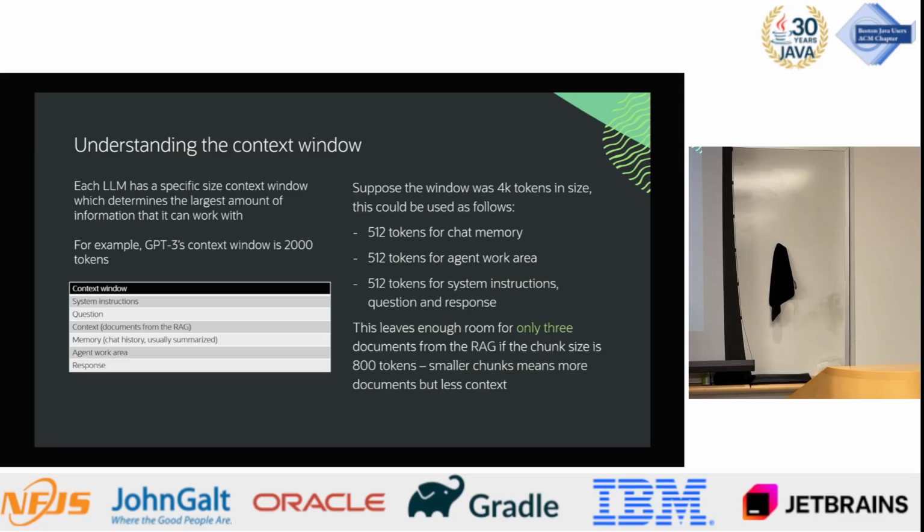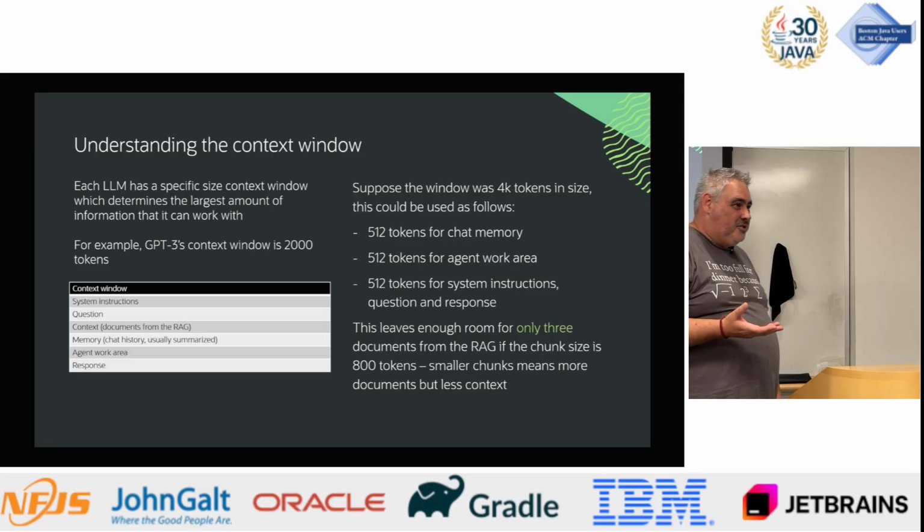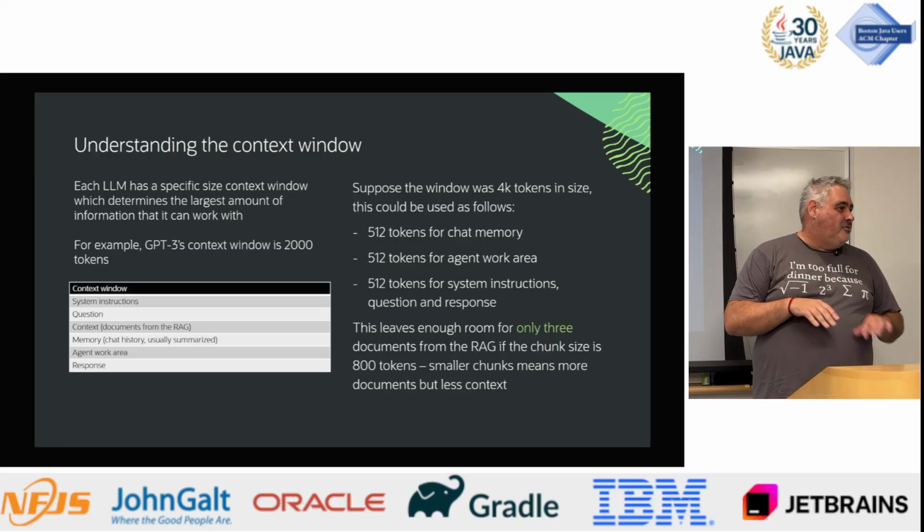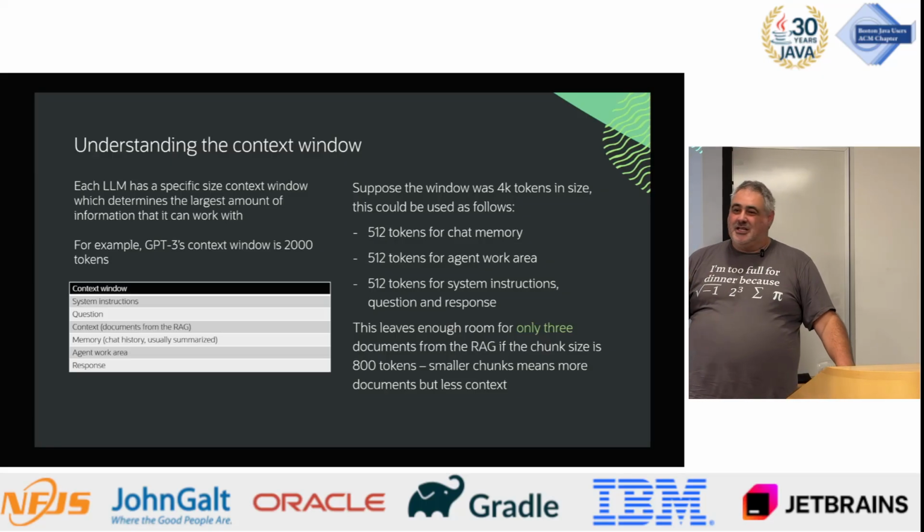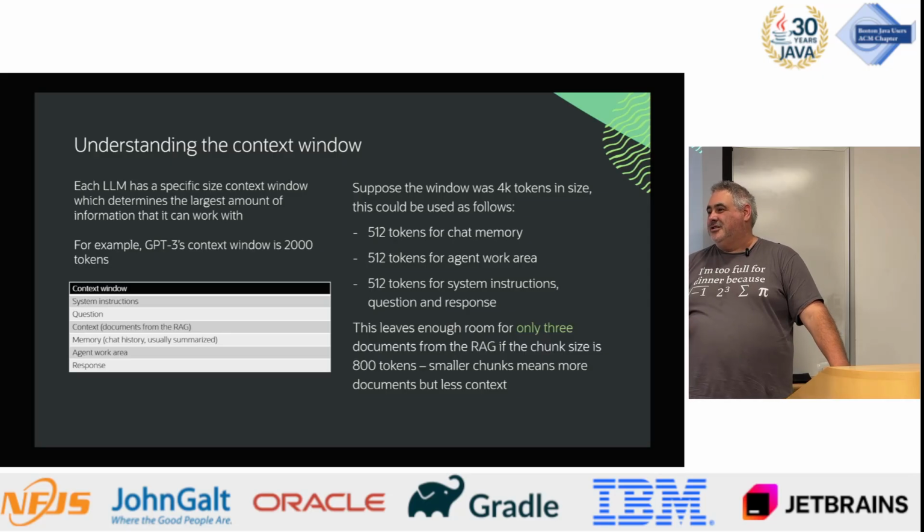The question that you ask it is in here. Typically, there's also something called system instructions, which you don't typically see, but when you use GPT or something, there's actually instructions in there that say to the model, you're a helpful assistant and you want to be honest and truthful and blah, blah, blah, all this stuff, right?